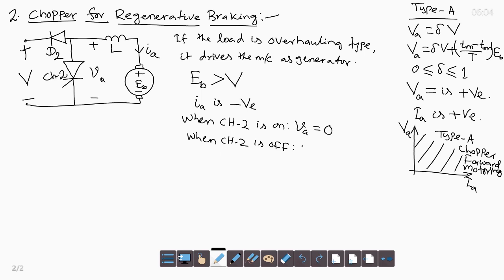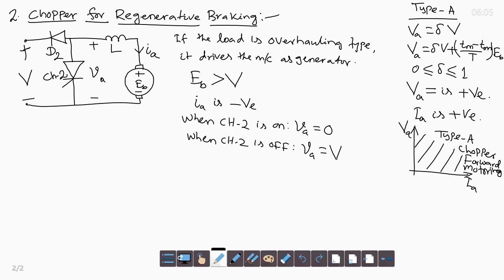So in this case VA equals V. Regenerative braking action is obtained; some braking energy is fed back to the supply when the chopper is in off mode, and in the process the current may decrease. If the current decreases, again chopper 2 is made on, so that again the magnitude of the current increases. This process goes on cyclically.